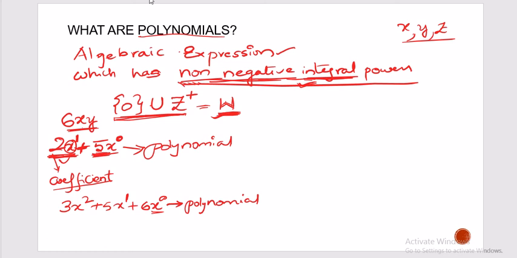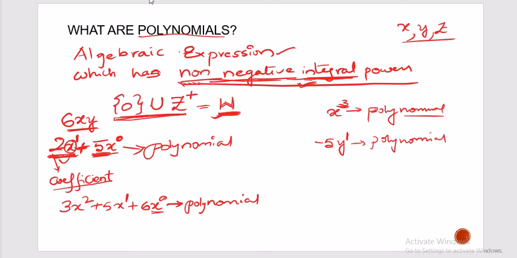The same way, if I go with some other example, if I take x cubed, x power 3, can you say that it is a polynomial? Yes, I can say it is a polynomial because it contains 3. So 3 belongs to the set of whole numbers or non-negative integers. The same way, if I say -5y, here also the variable power is 1. Hence we can call it a polynomial.